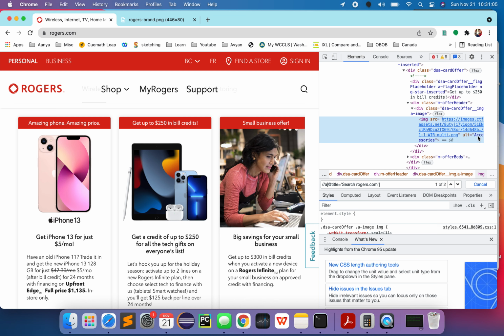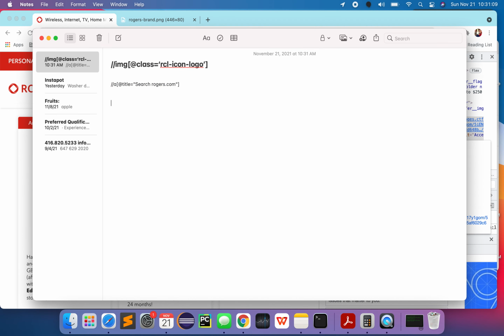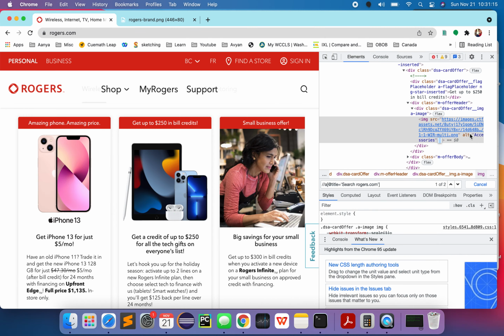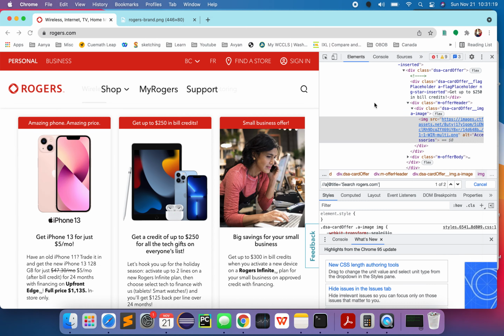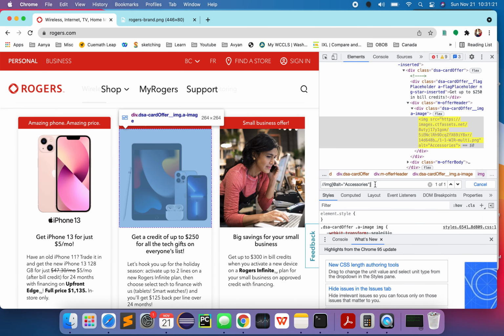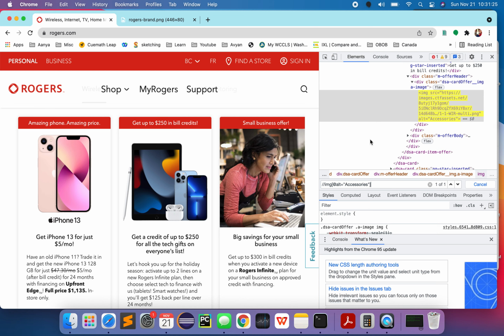So that can be one thing with which we can find this element. So it's image, box bracket, and then alt is accessories. Let's see how many elements it finds by this. It only found one, surprisingly. So something is going wrong; we are not finding it by the right element.